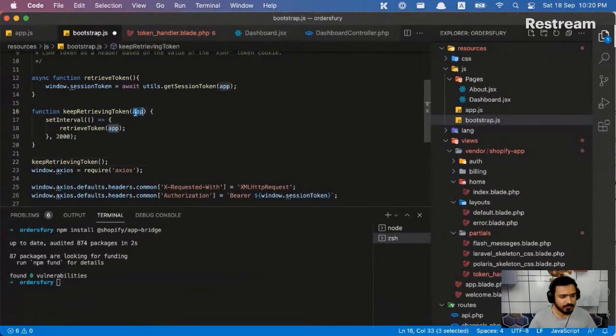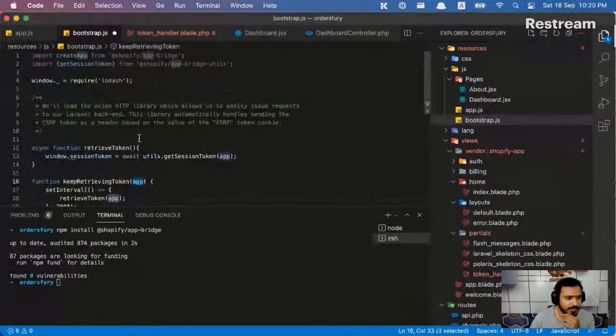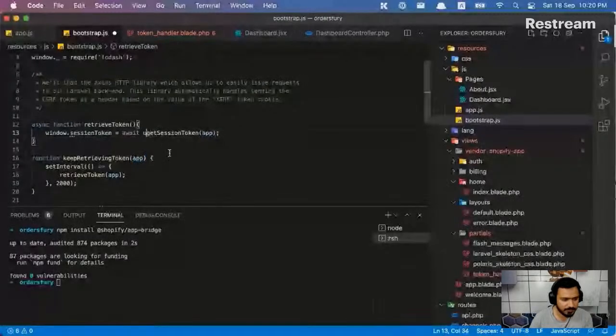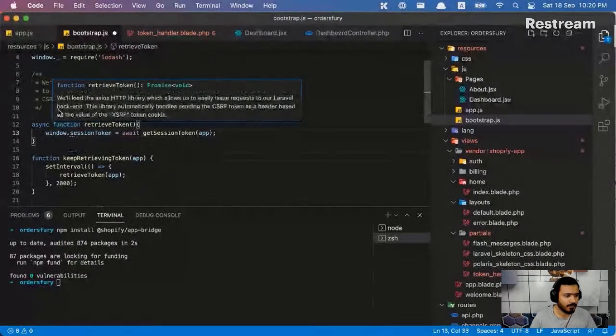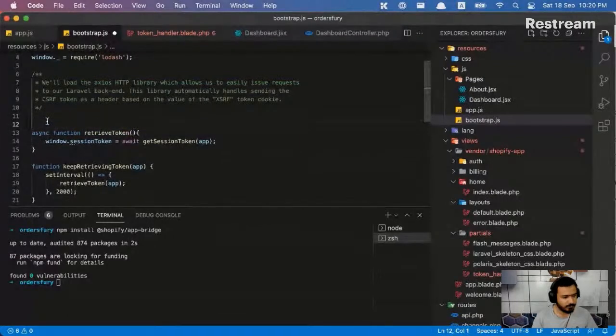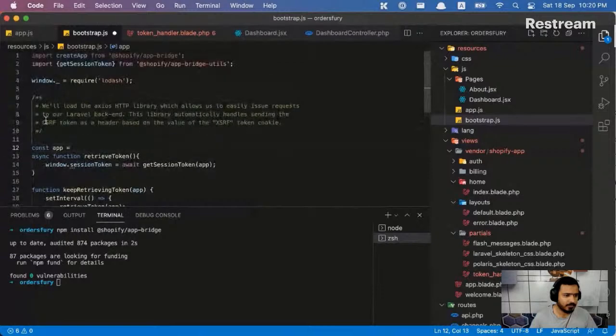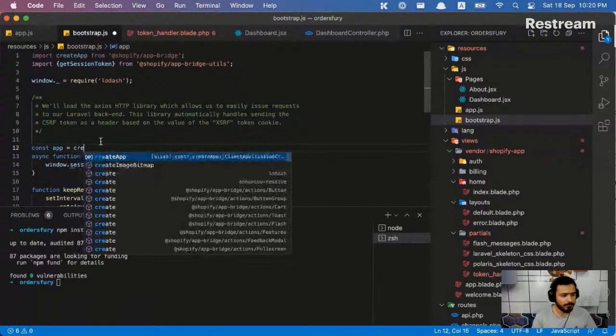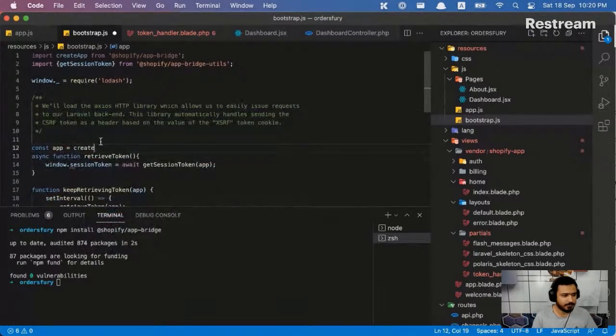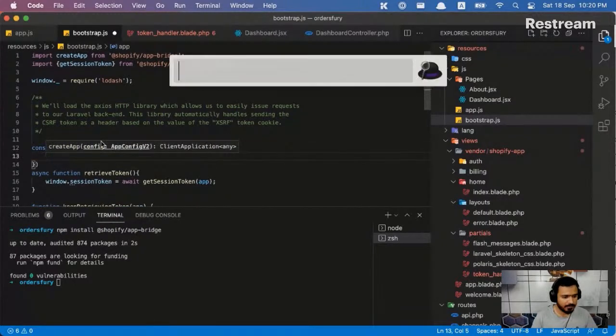But as we can see, we need to provide the app variable to it. And how do we do that? We can do that using the createApp from the Shopify app bridge library. Create app. What does it need? It needs a config, and the config was,